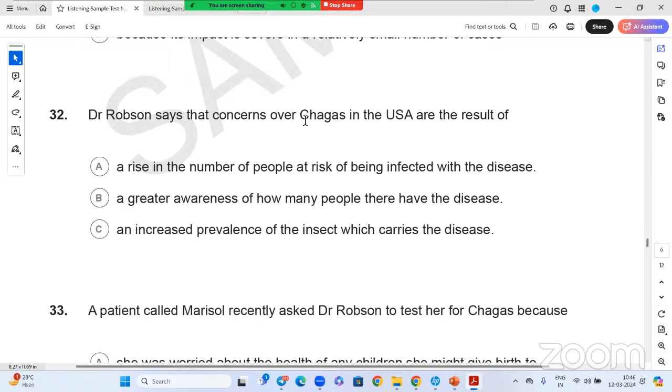Dr. Robson says that concerns over Chagas in the USA are the result of a rise in the number of people at risk of being infected with the disease, a greater awareness of how many people have the disease, an increased prevalence of the insect which carries the disease. Now, if you see here very carefully,